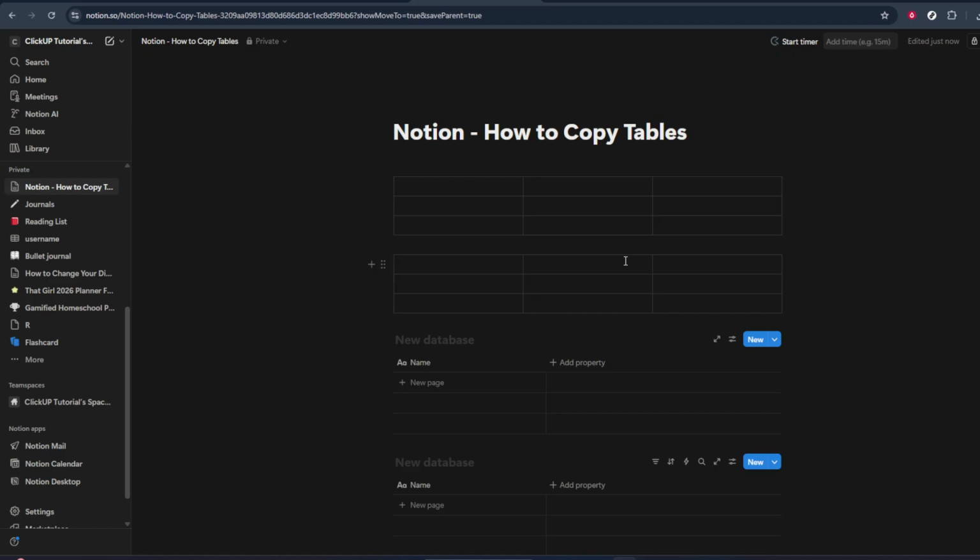Just click on the database title and type in the new name. You can then adjust the properties, change filters, or clear out any sample data